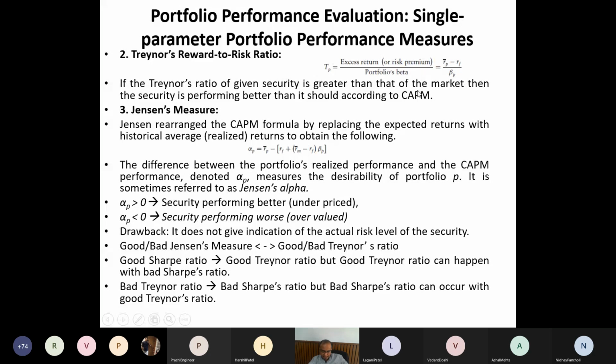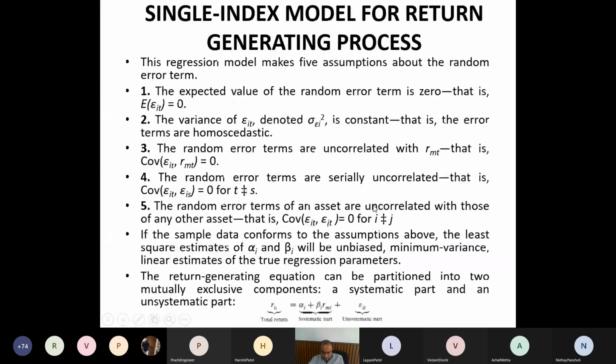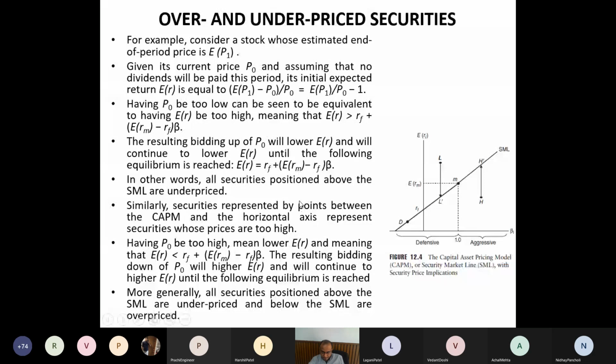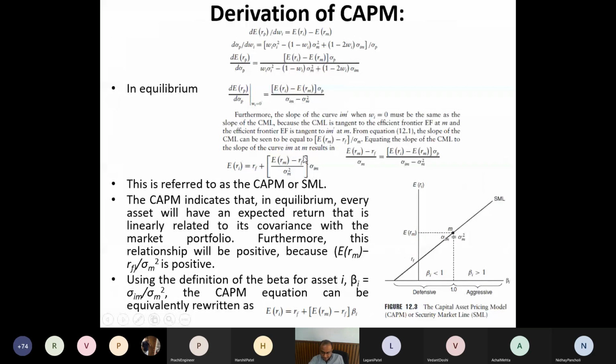Depending on the individual securities in your portfolio, you know the beta of each individual security, and you can find the beta of your overall portfolio by considering the weights of the securities and the beta of each security. Beta of portfolio is W1 beta 1 plus W2 beta 2 plus and so on up to Wn beta n, that is your beta P. So you can find the portfolio's beta. Now you recall what beta involves. Beta involves two things. If you go to our previous discussion of beta, I want to bring you this slide.